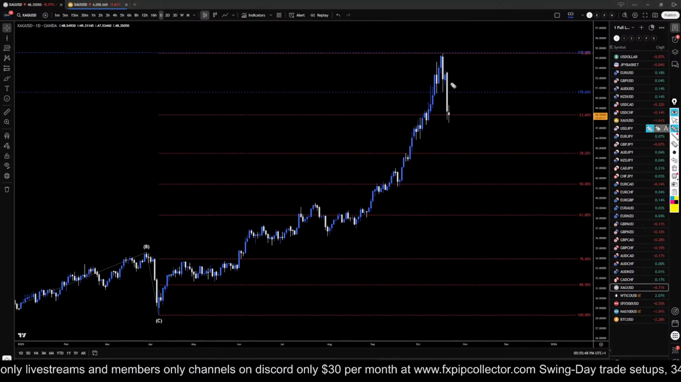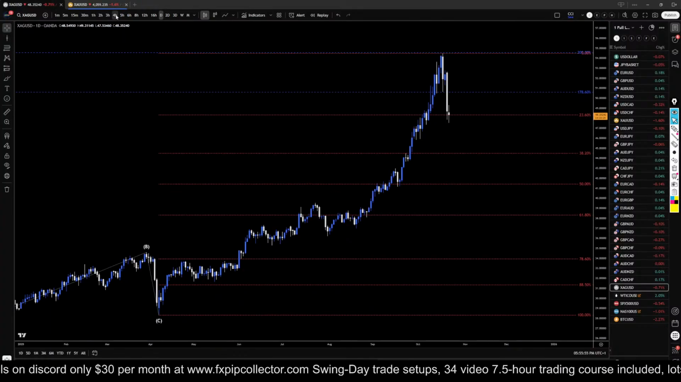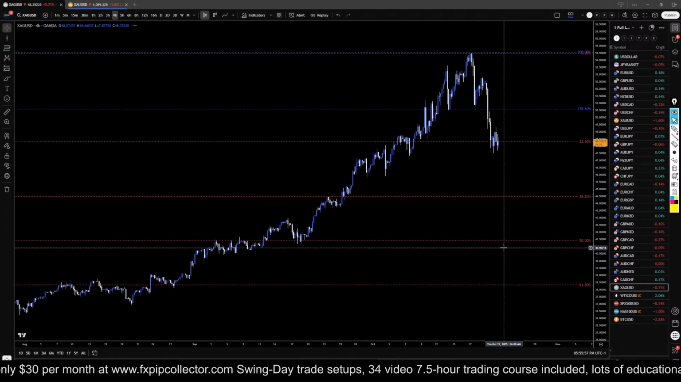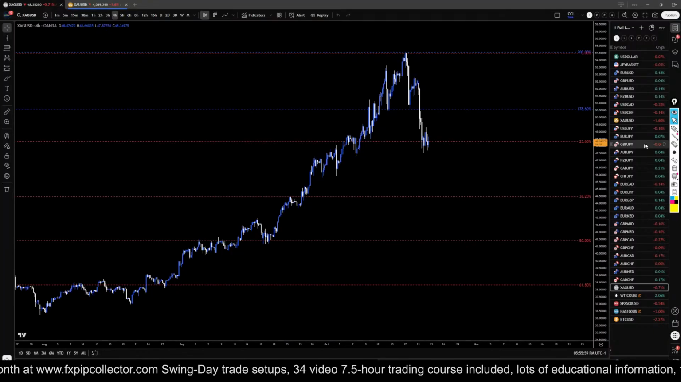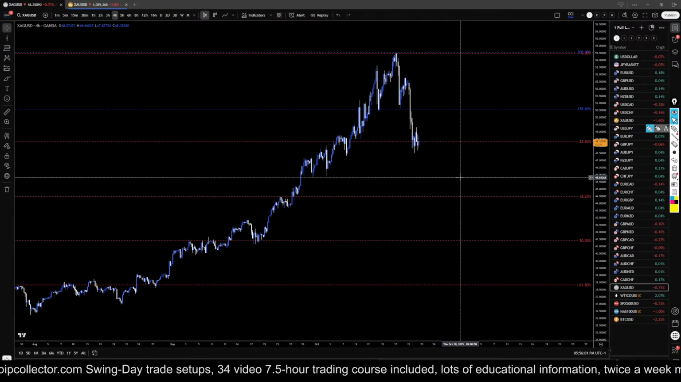On the daily time frame, there really isn't a break of structure. I mean, you can't really say there's a break of structure on the daily. On the 4 hour, you can definitely say there's a break of structure, but not on the daily. So luckily,